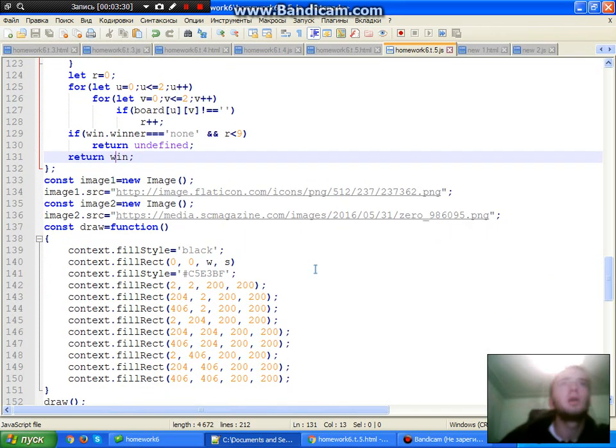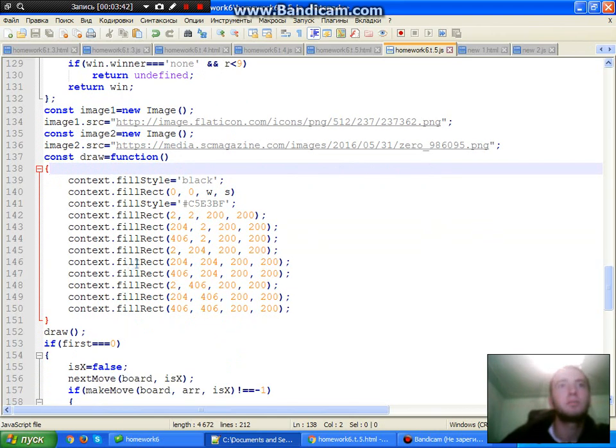First of all, we need image 1, which is the image of our x, and then we need image 2, which is the image of our 0, and we have a draw function just for convenience. First of all, we draw a black rectangle in our canvas. It will take canvas width and canvas height. Then we draw green